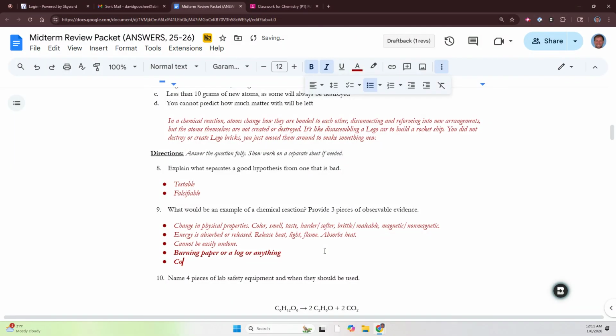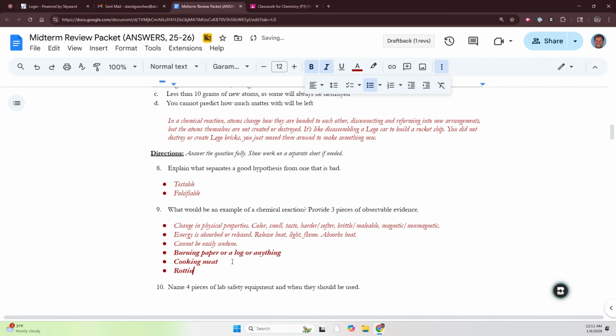Something similar is, like I said before, cooking meat, all right? When you cook meat, color, smell, and taste change. That's why we cook it. It requires energy to be absorbed in order to happen. The meat won't cook unless you put it on a hot stove or grill, and you cannot uncook the meat,